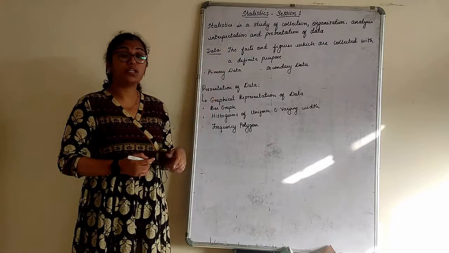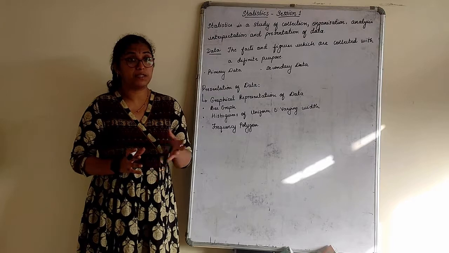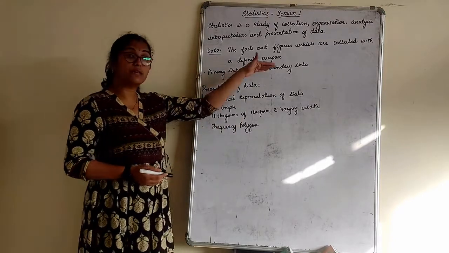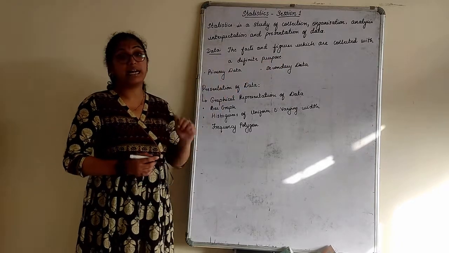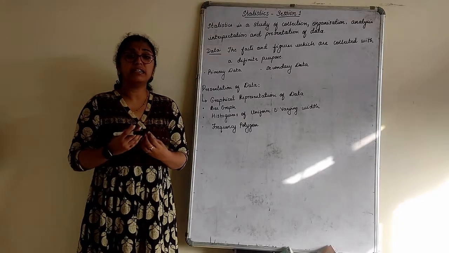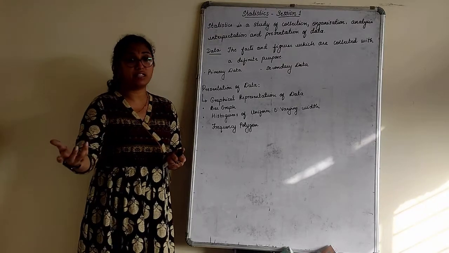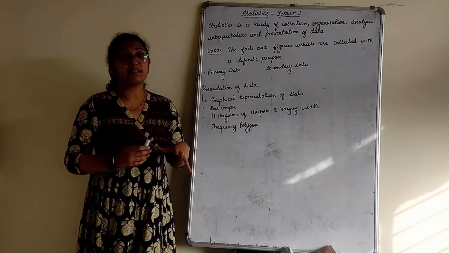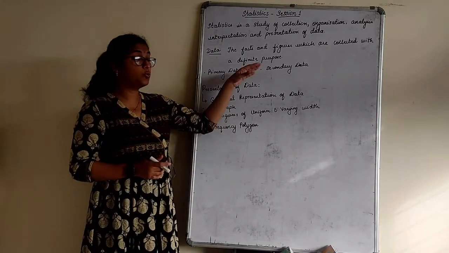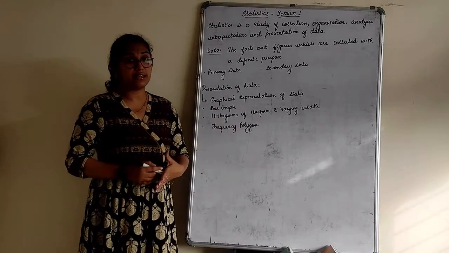But before that, what is data? It is facts and figures which are collected with some definite purpose to represent it, analyze it, interpret it, right? There are two types of data basically, primary data and secondary data. Primary data is data which is collected by some investigation form, that is, you collect it by some investigation form. Secondary data is data which is collected from some published recognized sources. You will understand exactly once we start with an exercise what the types of primary and secondary data are.